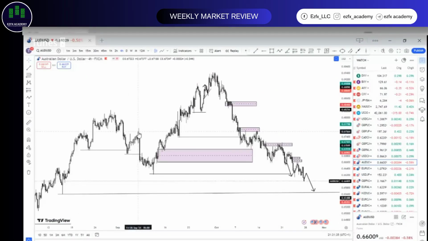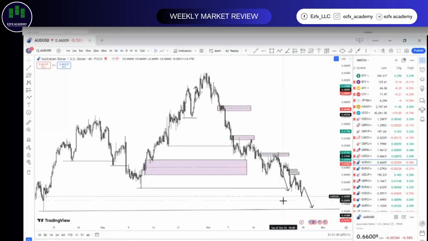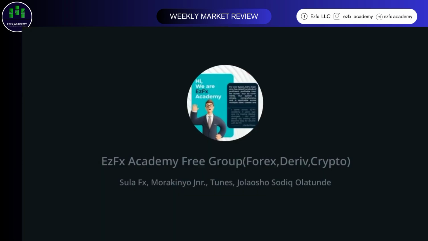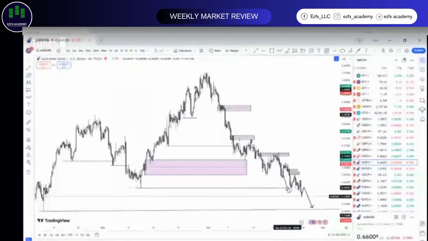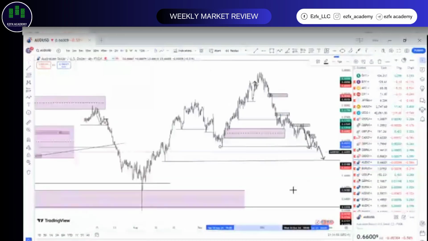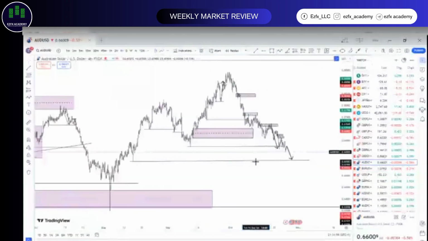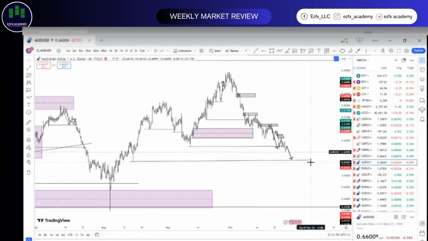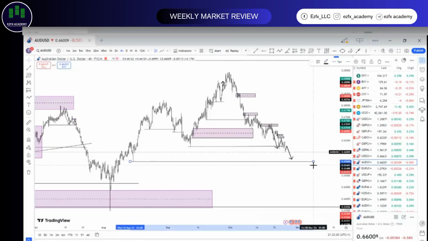All right, so again on AUD, like I said earlier during the beginning of this call, we're expecting price to sweep liquidity, to want to be attracted towards where orders have been placed. So we've seen price break this previous low, meaning that liquidity has been swept from this low. I can see that price is still dropping. So the next point we should watch out for will be this second low here. This is another low that we know that price will be deciding that it wants to come and clear, and that's around